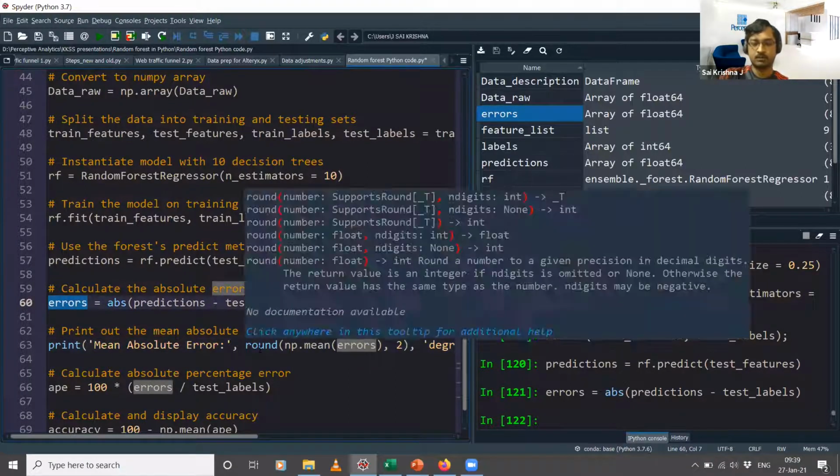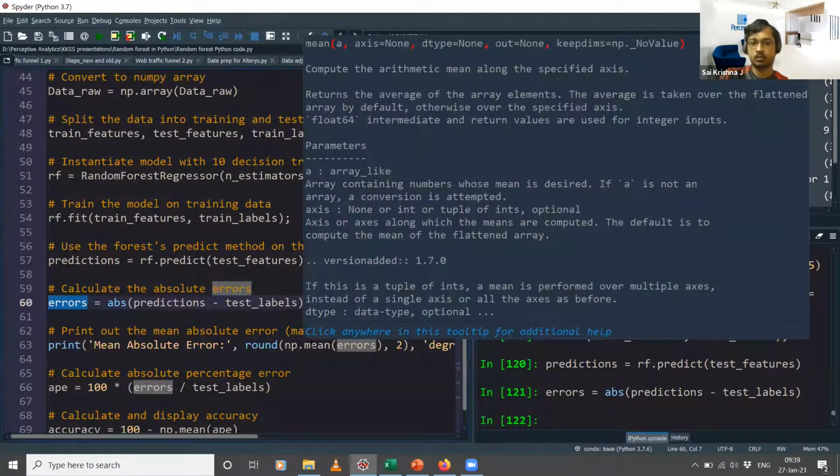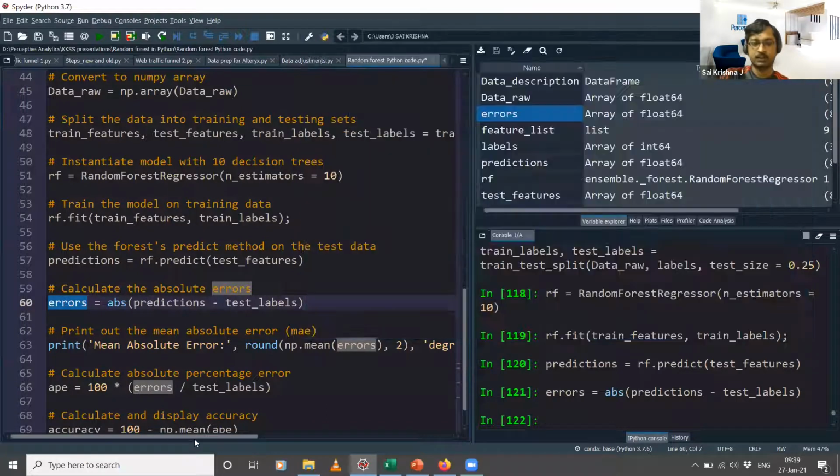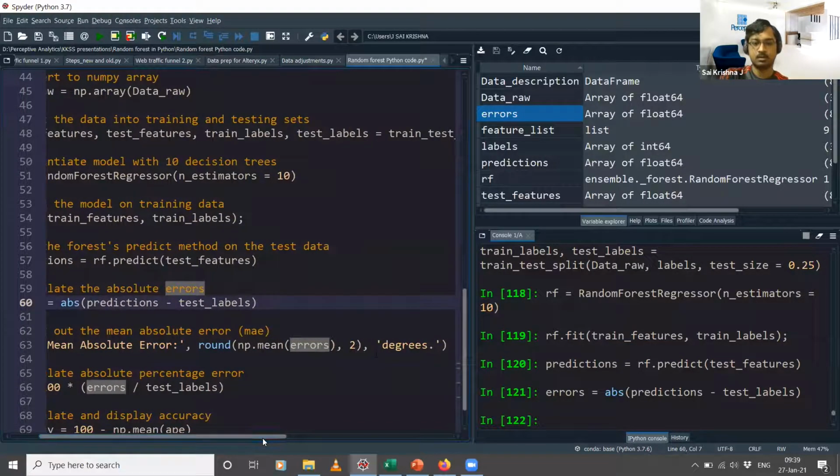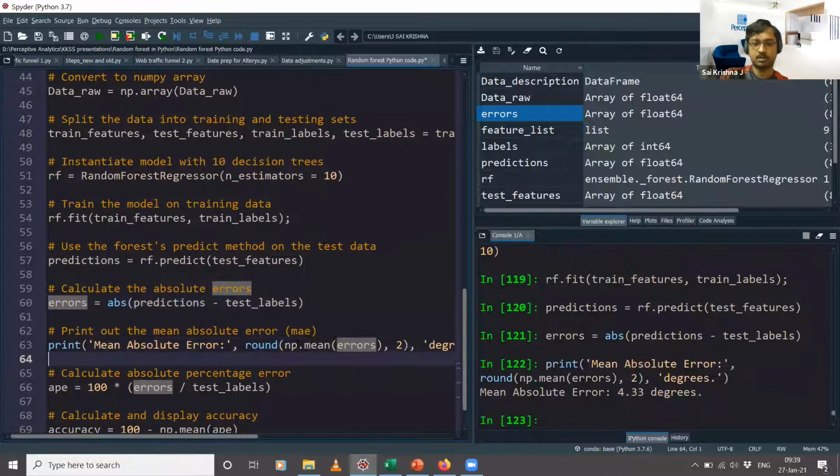It will round off this value to 2 decimal places, and it will suffix this value with the word degrees. Let's see what it looks like. See, mean absolute error 4.33 degrees. So it has rounded off this value to 2 decimal places, printed this header, and suffixed this value with the word degrees. So this is the mean absolute error.